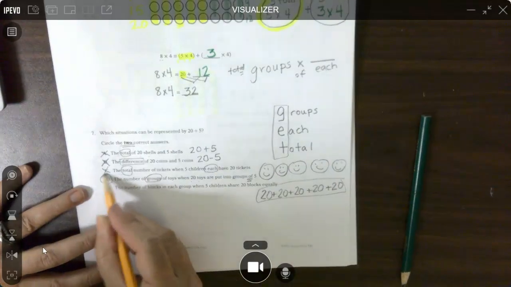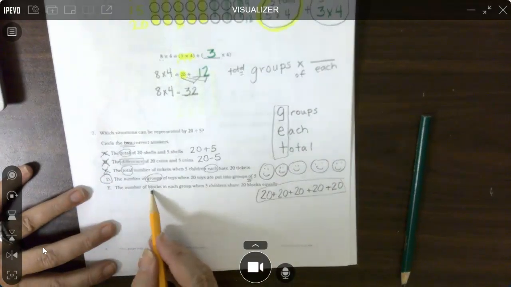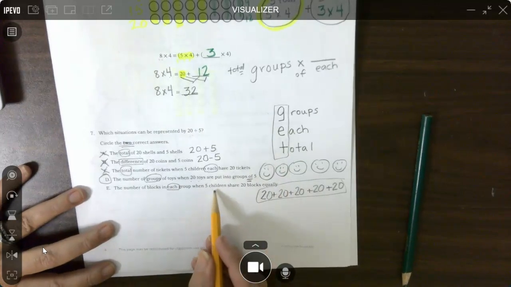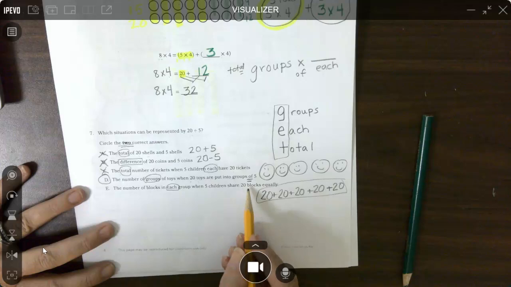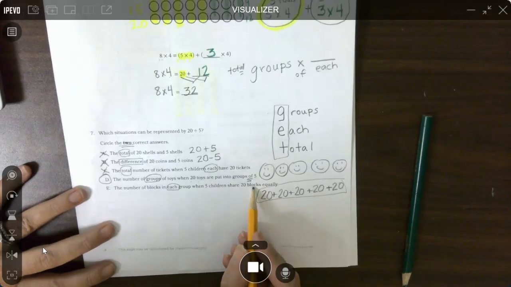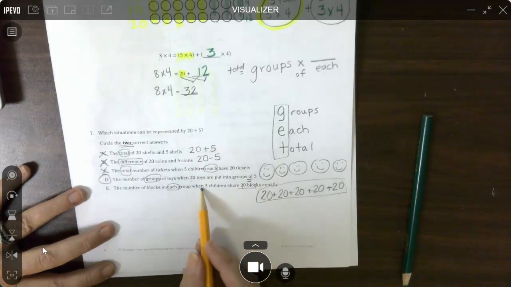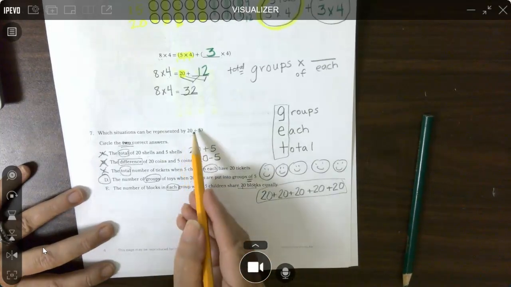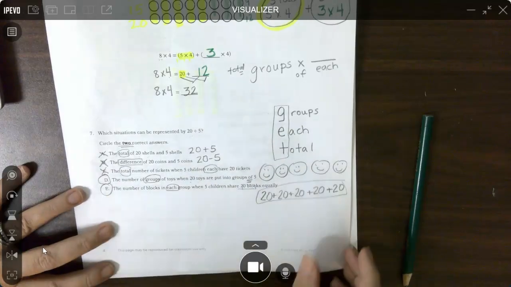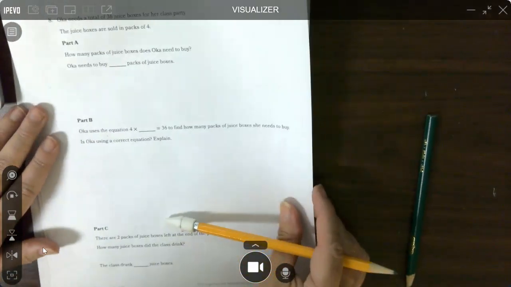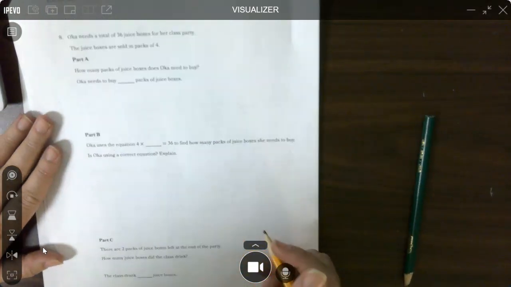Okay? Yes. The number of blocks in each group when 5 children share 20 blocks equally. So again, I've got 20 total blocks, and I'm sharing them between 5 children. Yes. All right, finishing up. This is a 2-step story problem, meaning